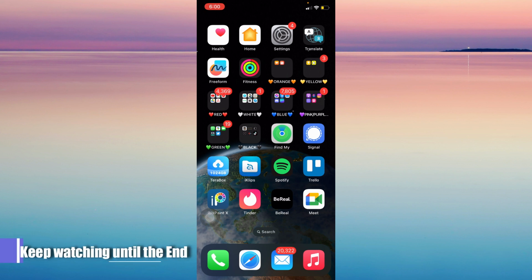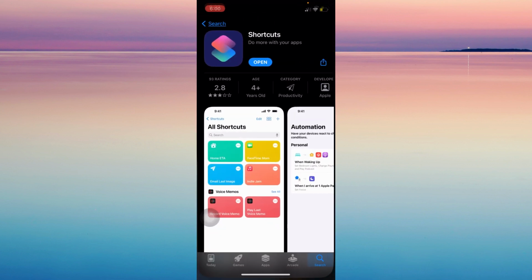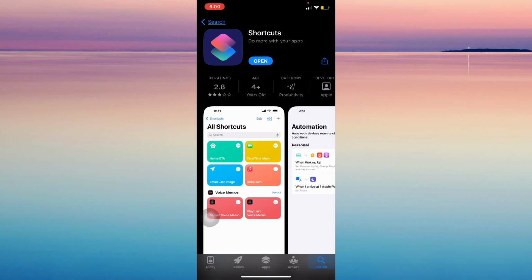Hey guys, today I'll teach you how to hide apps in your home screen. You'll need this app called Shortcuts, which allows you to hide apps. Once downloaded, open it